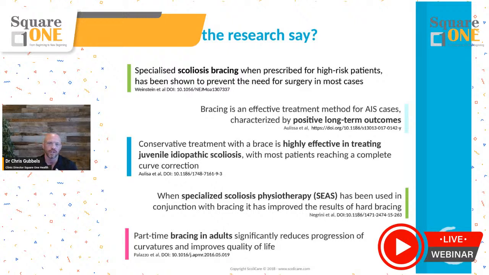years old, when we treat kids early on, if we can reduce the size of the curve before they hit those growth spurts associated with puberty, then they have a much lower risk of those curves progressing when those rapid growth spurts develop. Scoliosis-specific exercises like CLEAR, when combined with hard bracing, are highly effective. And part-time bracing in adults has been found to be very effective at reducing pain and reducing curve progression over